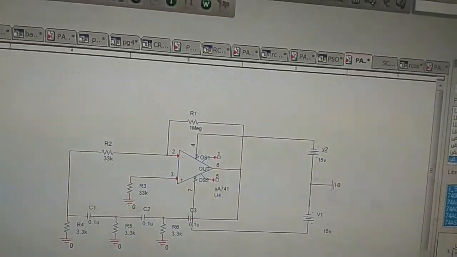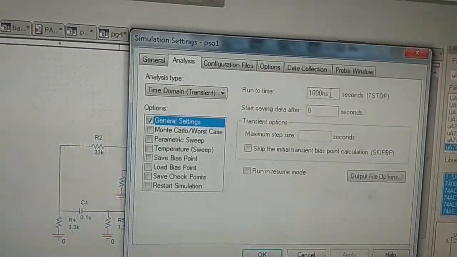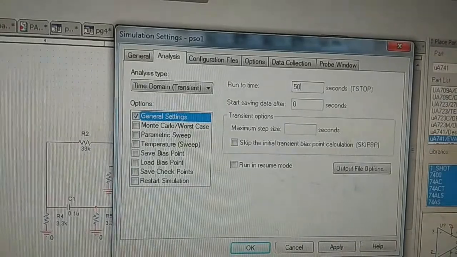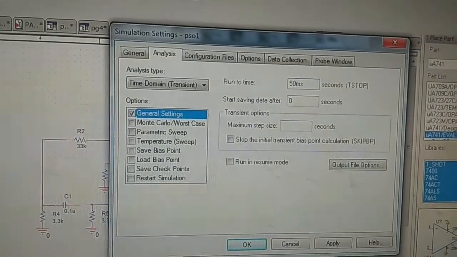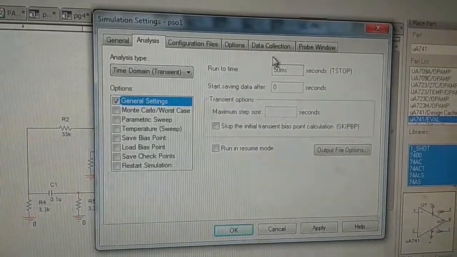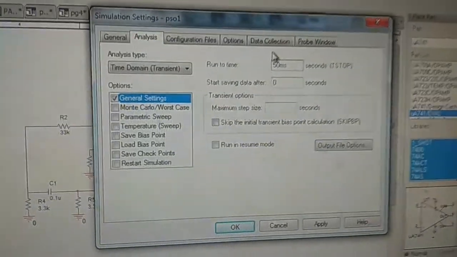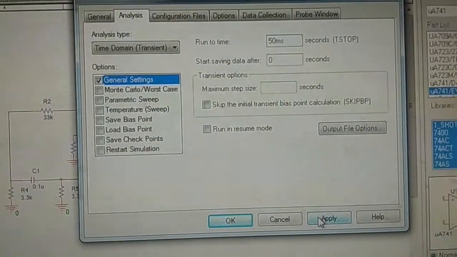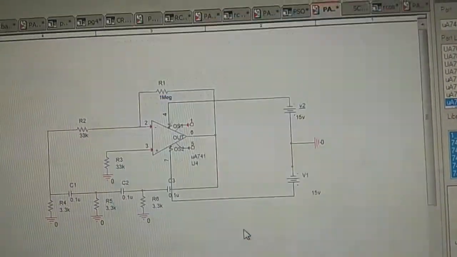Once you create a simulation, now we need to change the settings. Here we'll give the run time. We will start from 50 milliseconds. This you can take as user defined. There is no hard and fast rule that you need to take only 50 milliseconds for the execution. You can take it as per your convenience. Then apply, OK.